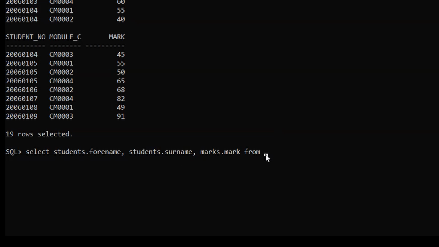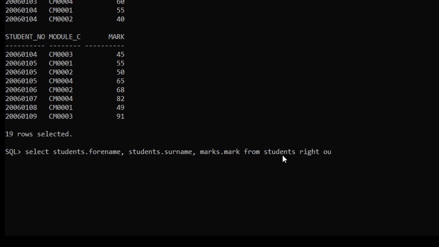From now we have to give our left table, so in this case students is our left table, so just type students. And we have to give our type of join here. In this example we are using right outer join, so just type right outer join, and now the right table, which is marks.